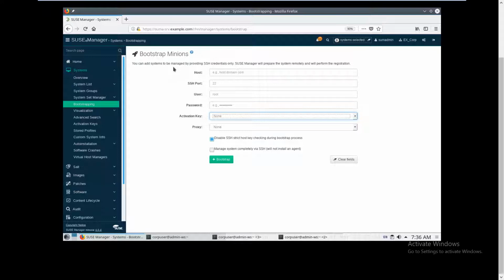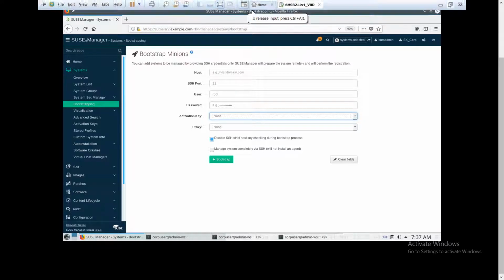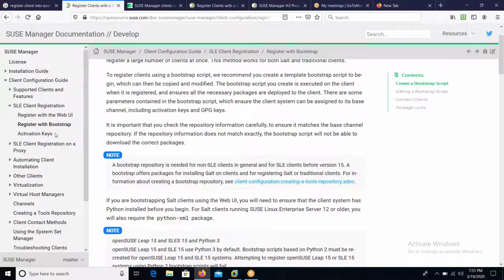That method is good if you have a small number of servers, but let's say you have 20 or 30 different servers, then it will be very tedious to perform this operation this way. But if you have a small chunk of machines, then I think that is a good way. So to register a machine, this is one of the graphical methods of registering a machine into a SUMA. The second method is